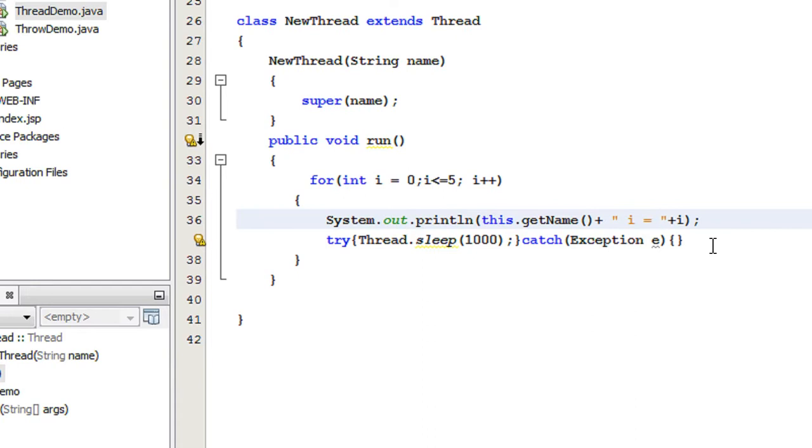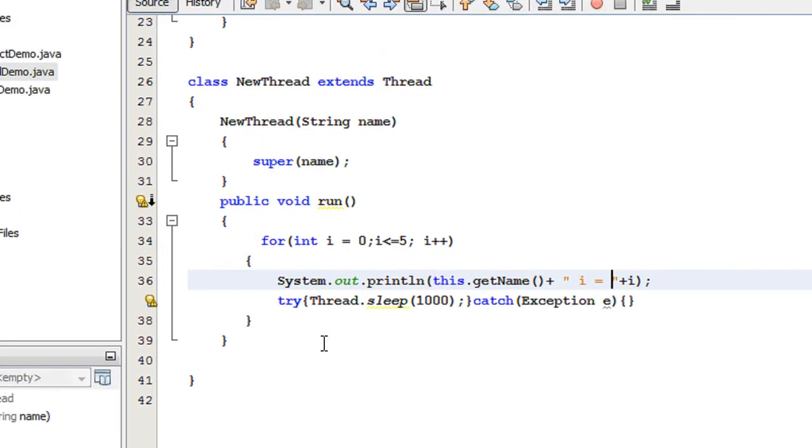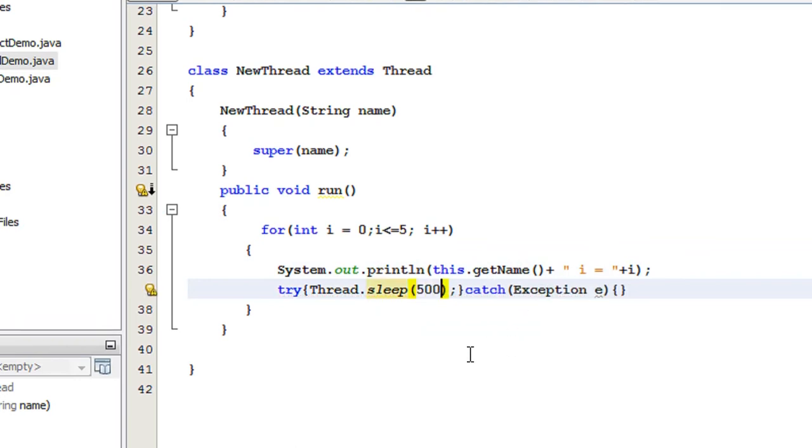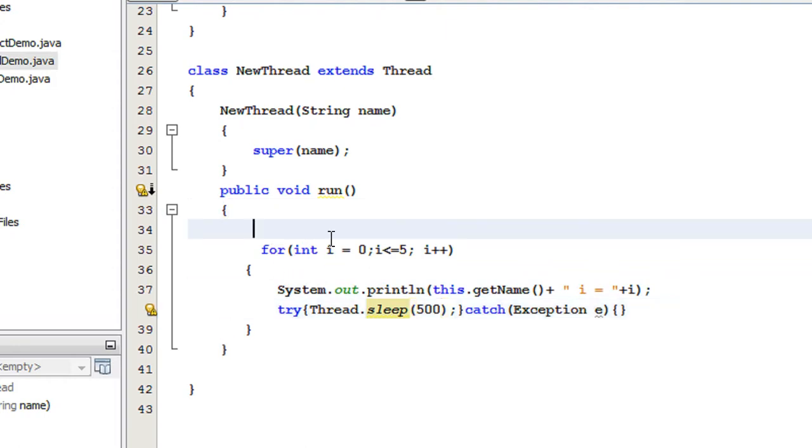I is equal to, and print out the value of i. Now here also I sleep the thread, that means the current thread, for 500 milliseconds. Okay, so before starting the thread, here print out a message,